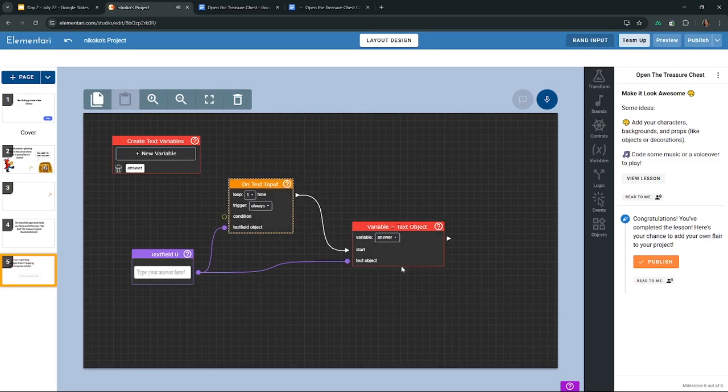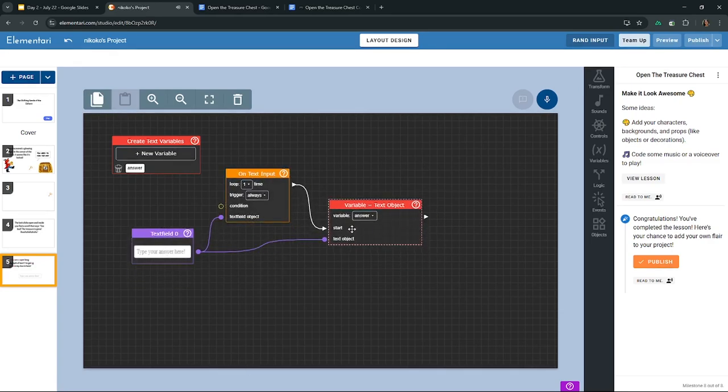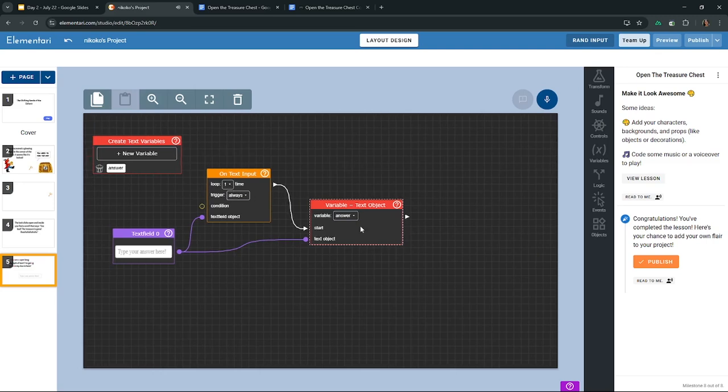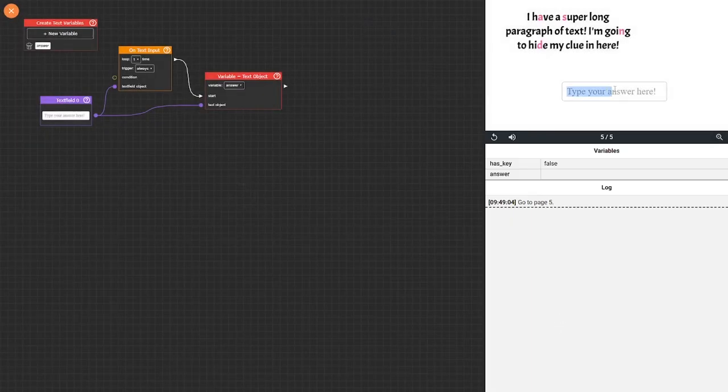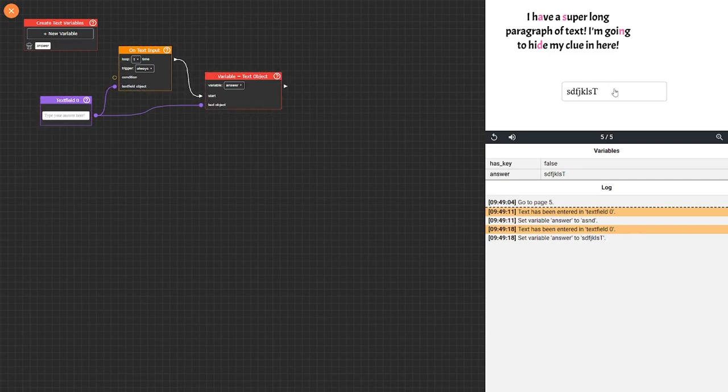All right, great. So this is the example. Does this look kind of familiar from this morning? It seems like so long ago. Okay, so now if we preview, we go into the inspect mode. My answer is, let's say, SAND. Okay, so it's updating. That's good. So it's updating to something, but